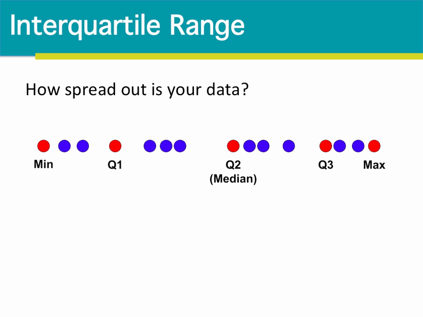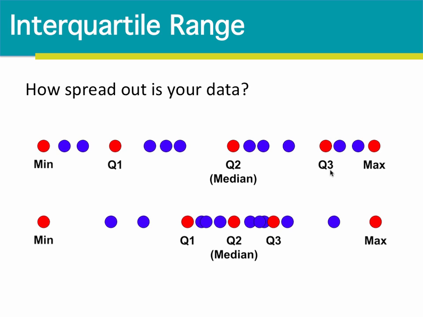But sometimes it's not a good enough measure of how spread out your data is. So for example, looking at this visualization for a set of data, here we can see the minimum and the maximum, and the other values Q1, Q2, and Q3 are highlighted. If you compare that with this other data set, which also has the same minimum and the same maximum, and so it has the same overall range, you might think, well, which of these data sets is really more spread